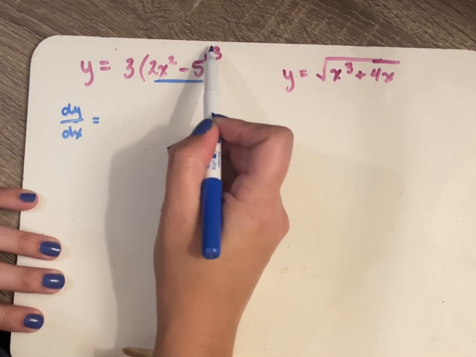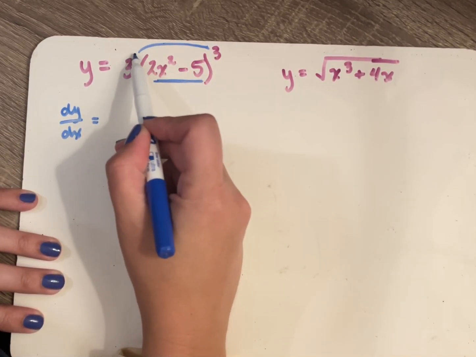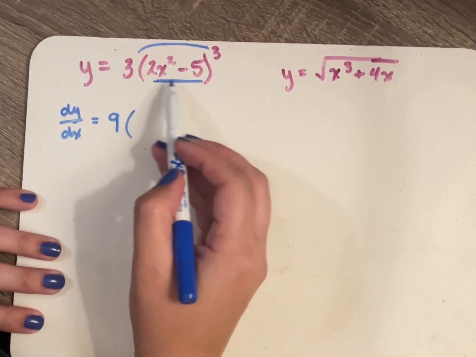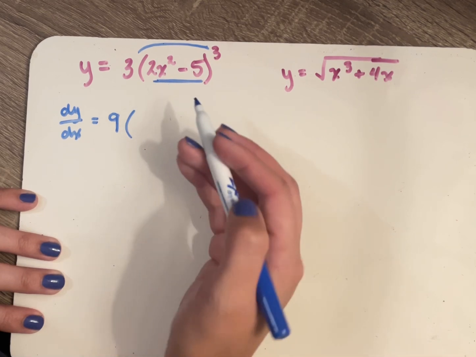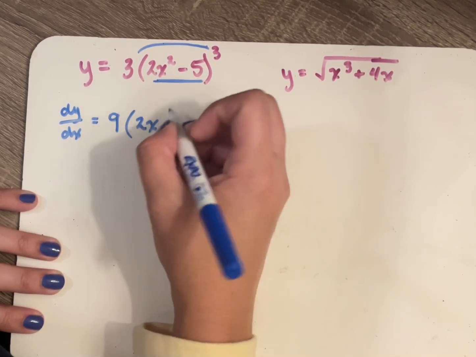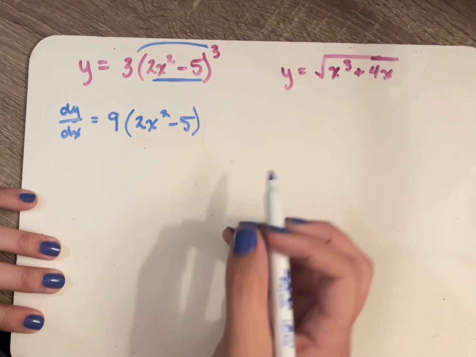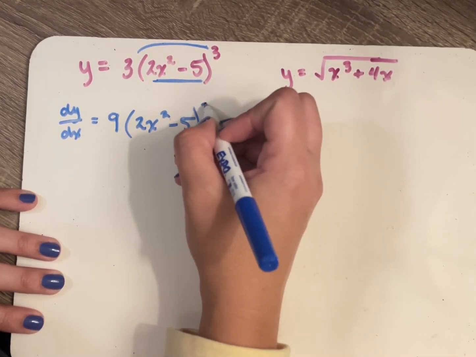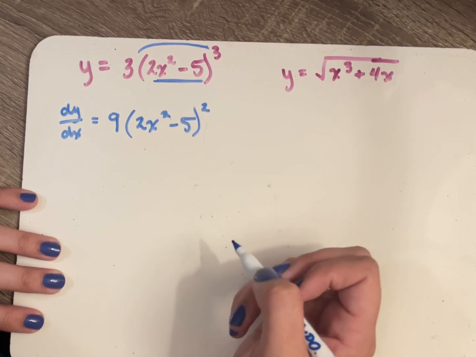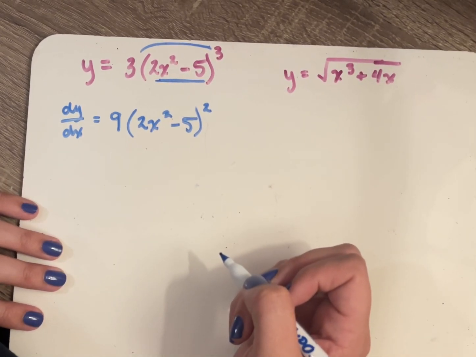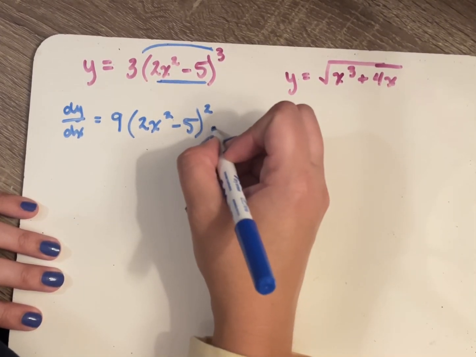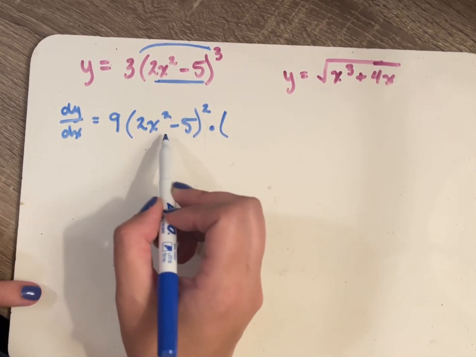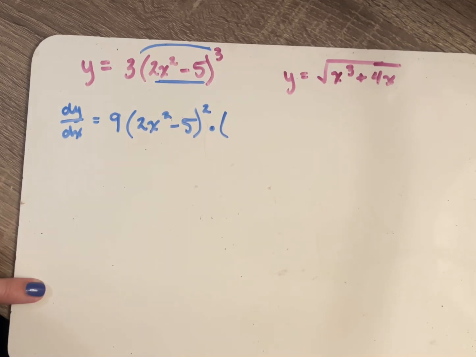will need to be, if I bring the 3 down and multiply 3 times 3, that gives me 9. What's in the parentheses, the inner function, is going to stay exactly the same. So that's still 2x squared minus 5, and then applying power rule, I subtract 1 from the exponent, so this would be squared. The thing that students are very likely to forget about in chain rule is that I then